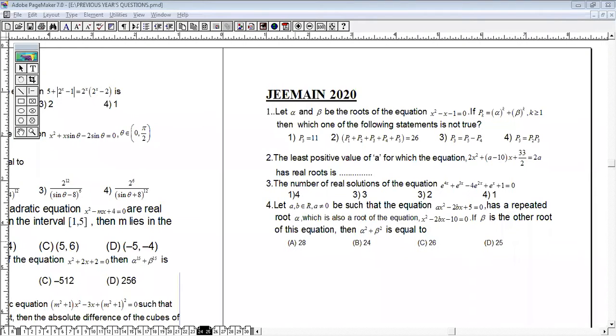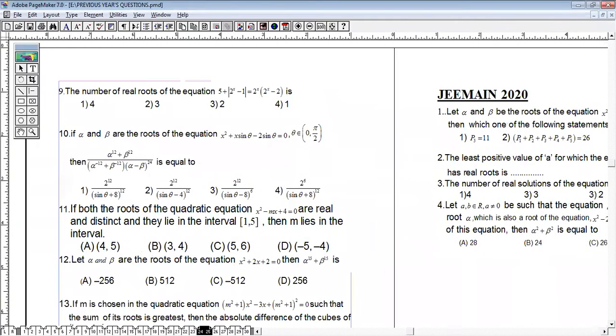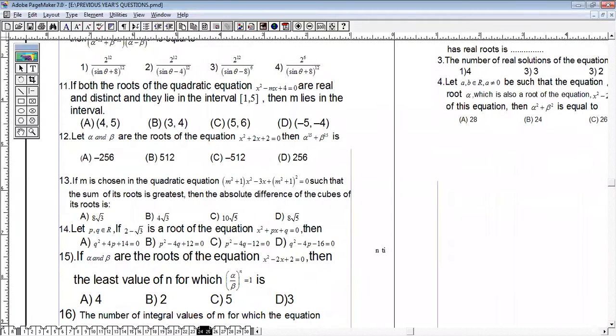Once observe this problem. Yesterday, in one problem we were a little confused. Once again, observe problem number 12. If alpha and beta are the roots of that equation, what is the value of alpha power 15 plus beta power 15? This problem can easily be solved using complex numbers, but we can also solve it without using complex numbers. So once you look at that problem,